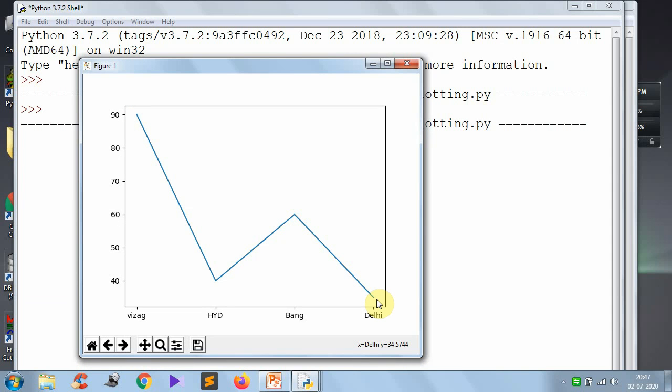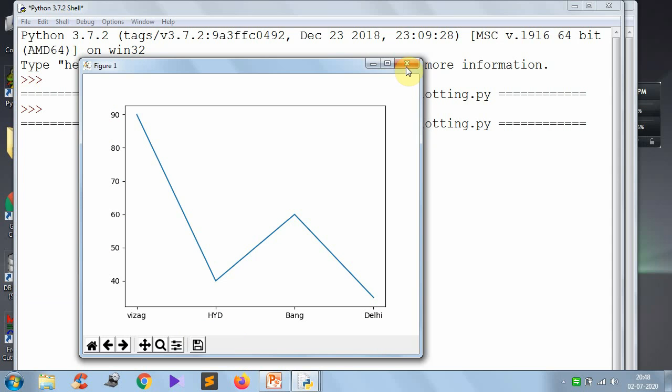cannot understand clearly. The reason is, what does the x-axis represent and what does the y-axis represent? These two things are not clear. So here these numbers are there. What do these numbers represent? If any new person looks at the graph, they may not understand clearly. So that's why we have to give some names in the y-axis and x-axis, meaning what they represent.